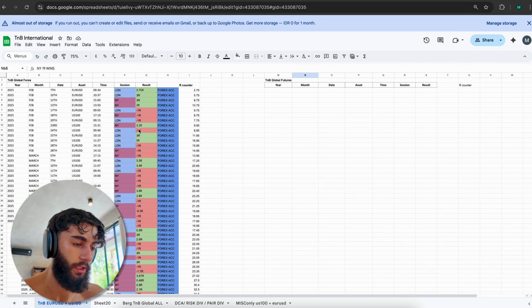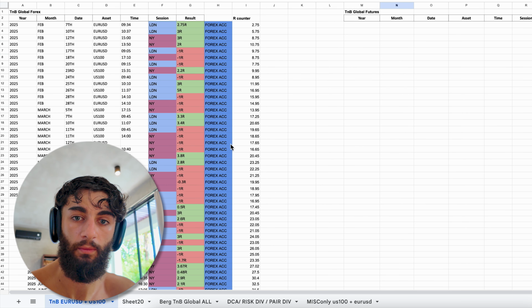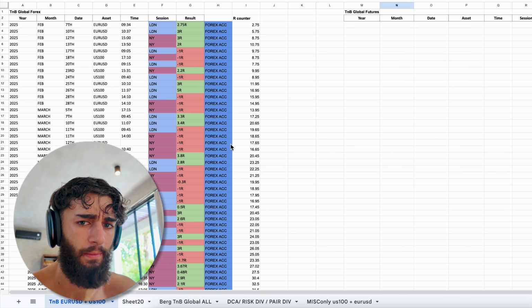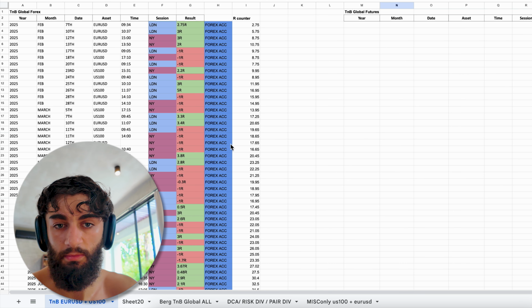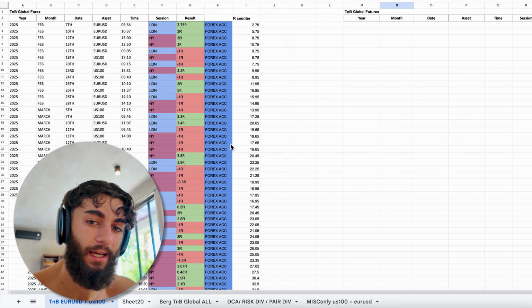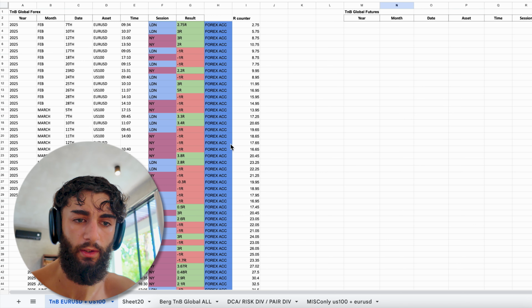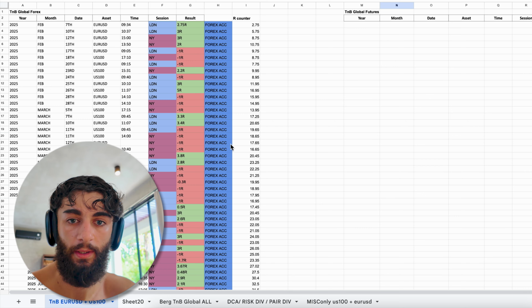Going back to the pairs, linking in the data, just calculate the win rate. Some pairs might be unprofitable. Some pairs might be London session dominated. Some pairs might be New York session dominated. These are the type of things that you need to work around, because if you can only trade London session, then why would you trade a pair that's New York session dominated?